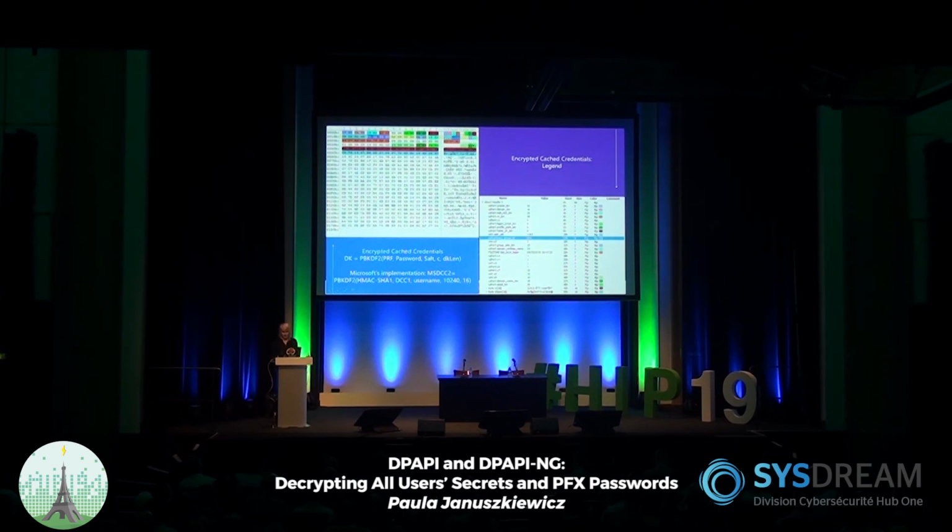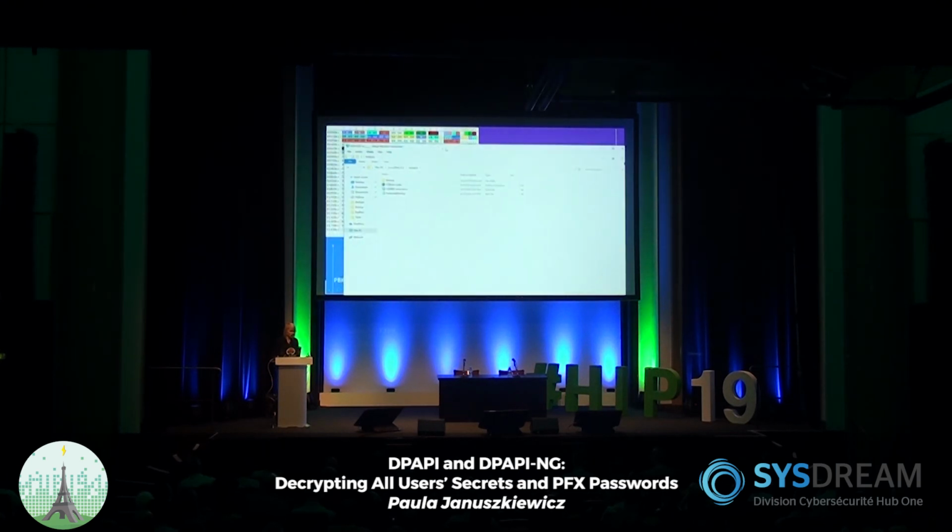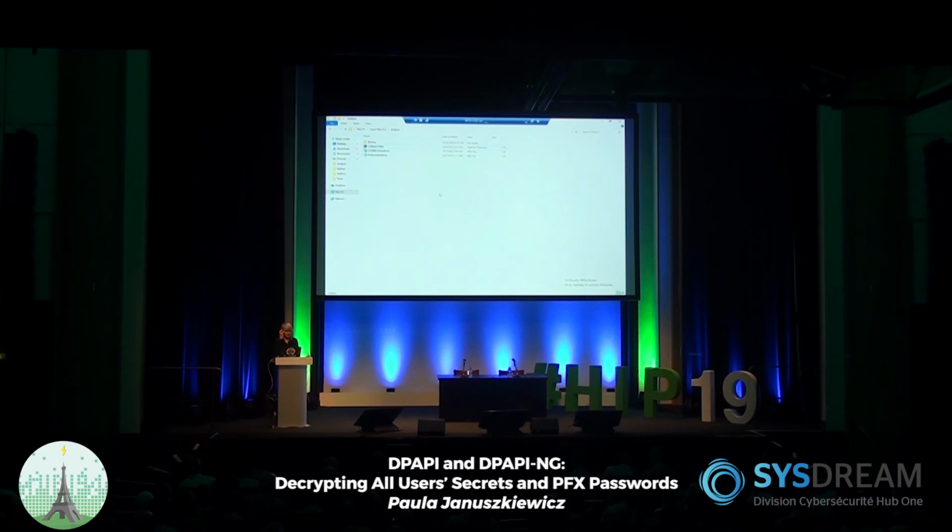Now, one more last thing, if you don't mind, to show you a little bit of a cherry on everything, yes? So I really like to finish with something cool. At least I think so. So let's have a look. So what do we have over here? So this is basically KeePass.